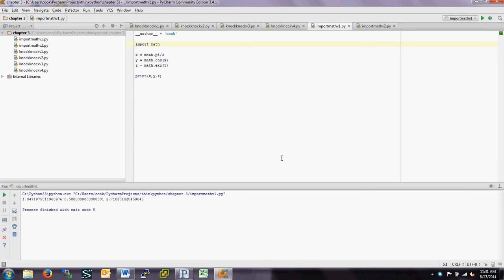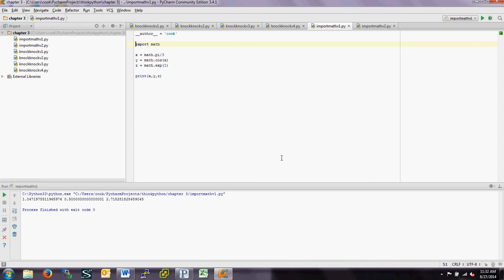So we're going to look at this idea of functions in Python in two different ways. First, there are some built-in functions which you can bring into Python using an import command, and then we're going to talk about how you build your own functions. So looking at the first example,